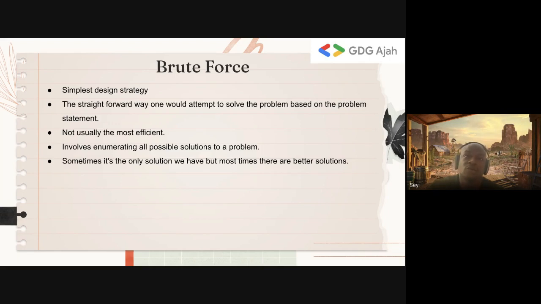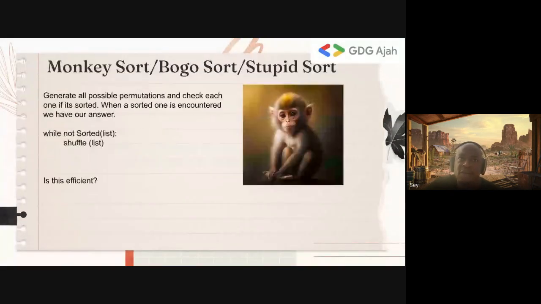So in the context of what we're trying to discuss, we want to sort numbers. Let's say we have a list of numbers and want to sort them. Assuming you gave this to a monkey, if you arranged some things on the table and told the monkey to order them, the monkey will start to arrange them in different ways because he doesn't know what he's doing. He's just trying to shuffle them. Just imagine you told a child to arrange something and the child doesn't know the order. The child is just going to be taking them and putting them in different places.